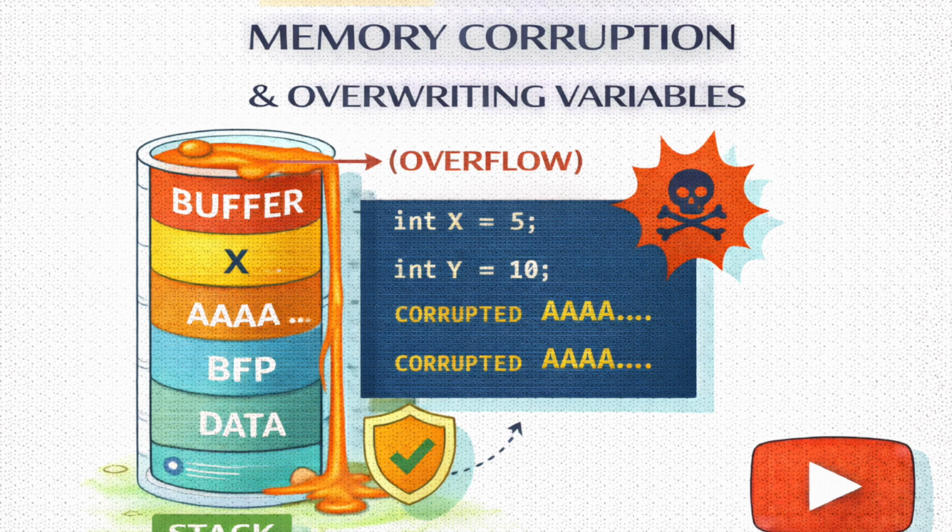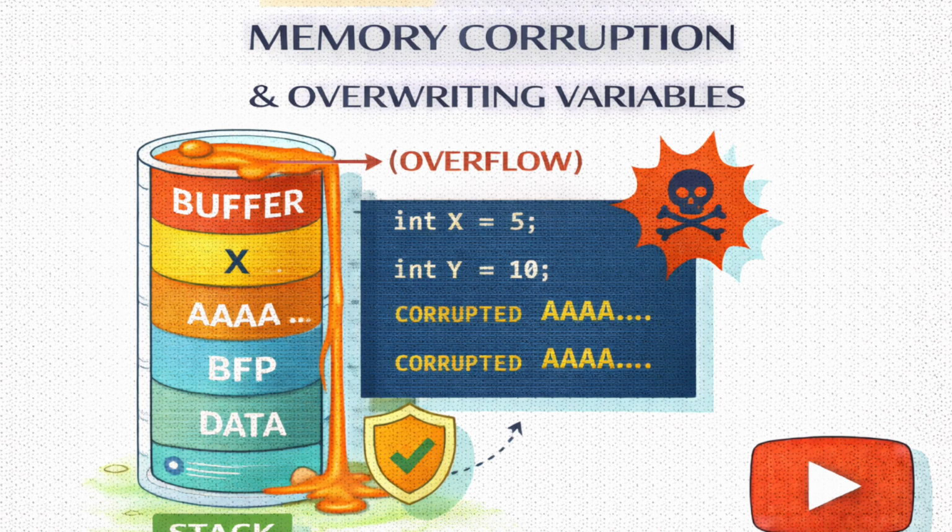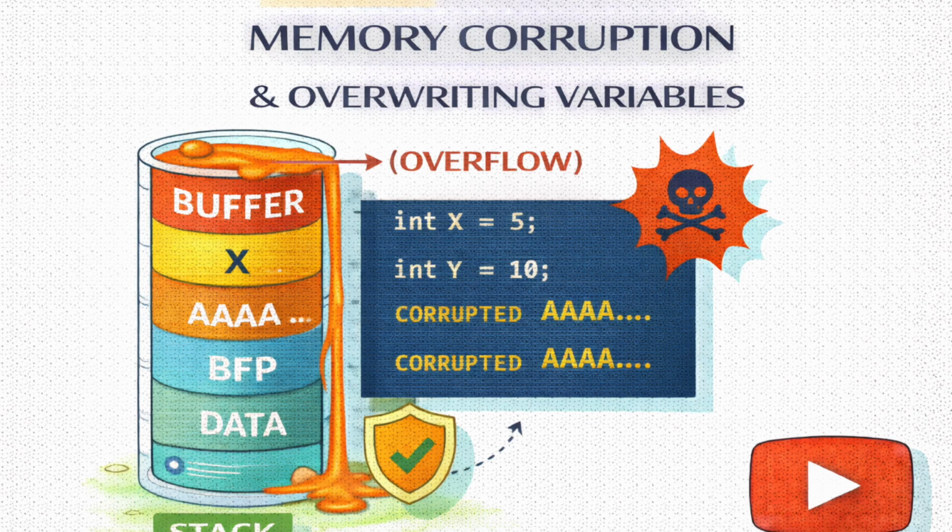B, C, D, E are letters. How? How does that work? That's the beauty of memory corruption. To you and me, they're letters. To the computer, everything is just bytes, ones and zeros. BCDE has a numerical value. So if you shove BCDE into the space where the number is supposed to be, the computer will just try to interpret those letters as a number. It just does what it's told.